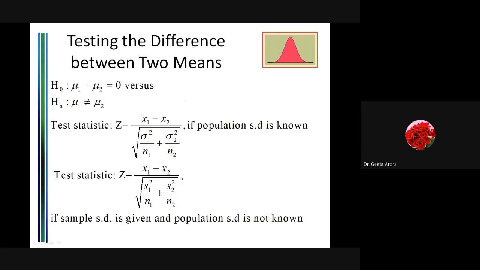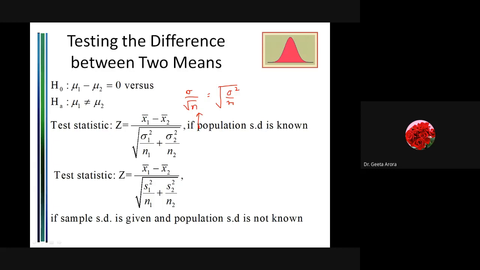In the denominator, in the single difference formula we have sigma by under root n, because we have only one population. If we take the square root, the same thing can be written as under root of sigma square by n. It is the same thing as sigma by under root n, just written in another form, because the under root of a square term gives the same sigma.